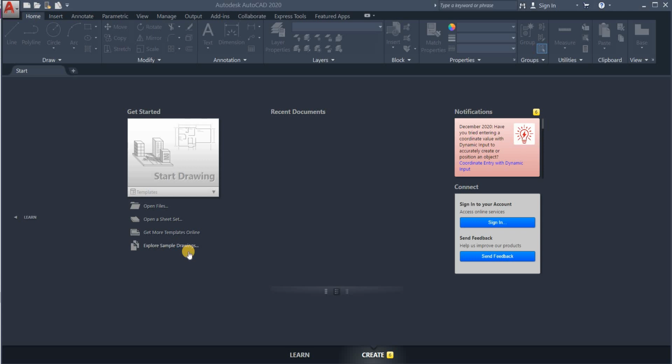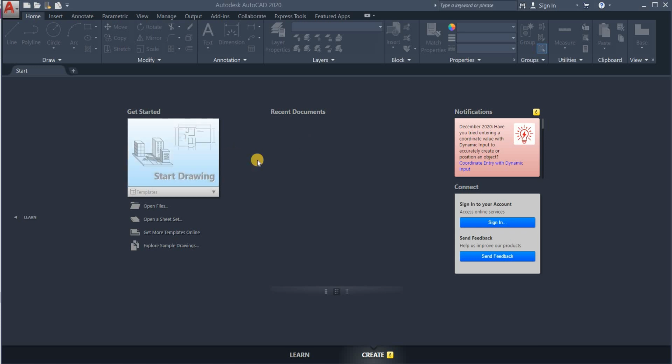In this video, we are going to learn how to create a new drawing or open an existing AutoCAD drawing. When you open AutoCAD for the first time in your system, you'll see a welcome screen like the one that is shown here. Here you can see that you have an option of starting a new drawing or opening an existing file. Here you can see that there is nothing listed under the recent documents. That is because you have opened AutoCAD for the first time and there is no document that you have opened in AutoCAD before.